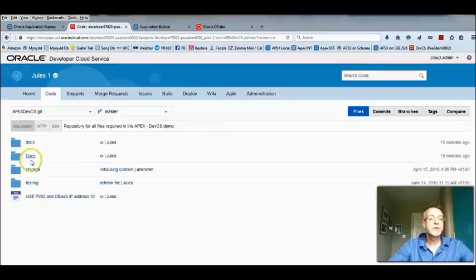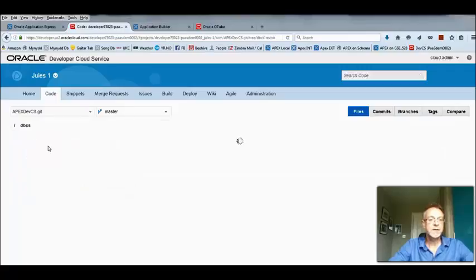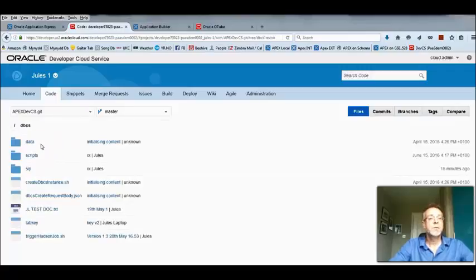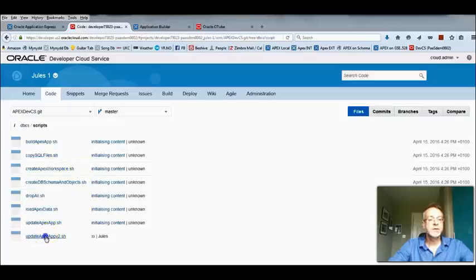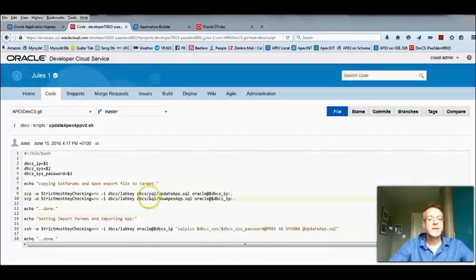Now within our repository we've got a series of files and folders, and the only ones that are really relevant to this demo are DBCS, where we have a series of scripts, one of which is the key script that we're going to be working with today, and this is the script that's actually going to be triggered by the build job. And you can see that it's first of all copying a couple of files from our repository, from the DBCS folder